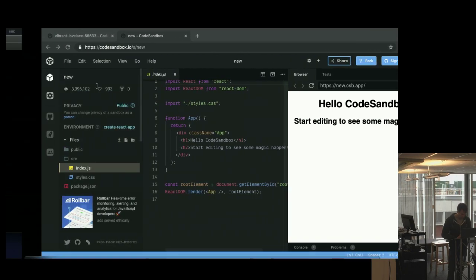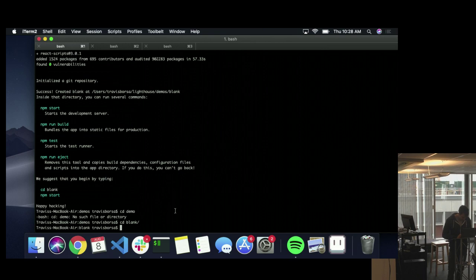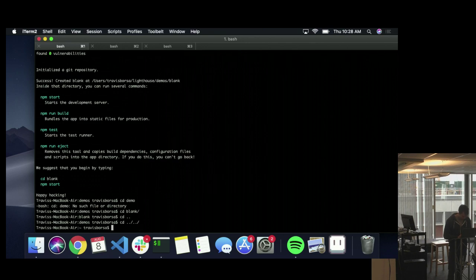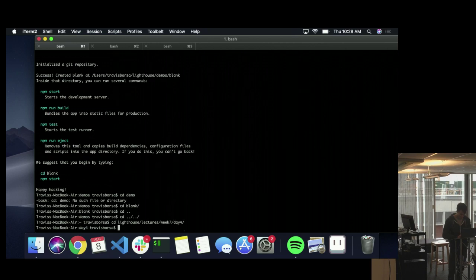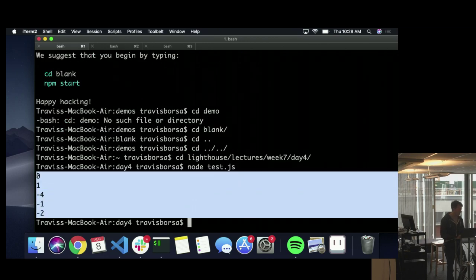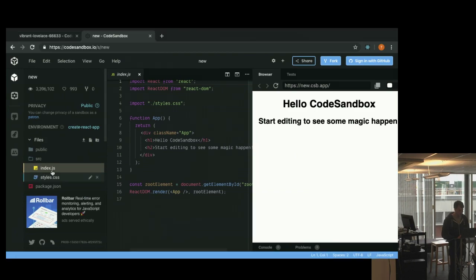I think I'm just going to open a terminal here so we don't have to keep closing it, because it's not nice to have it all big when the slides are up. And we'll go node test.js, and predictably, we get the same result. But now we have a much cleaner